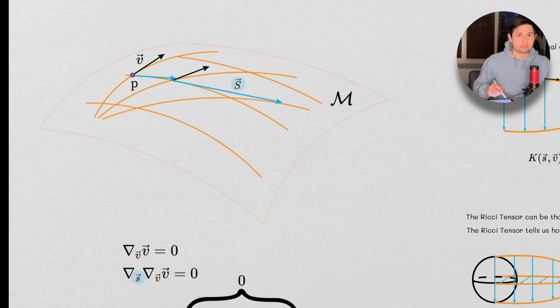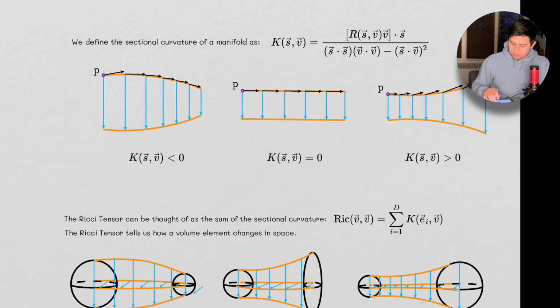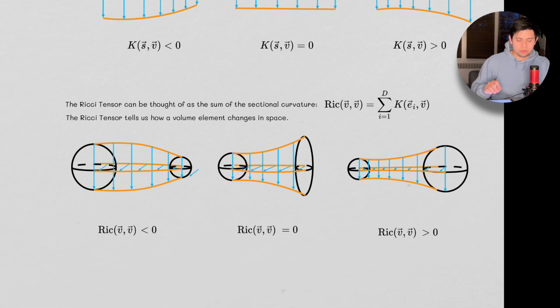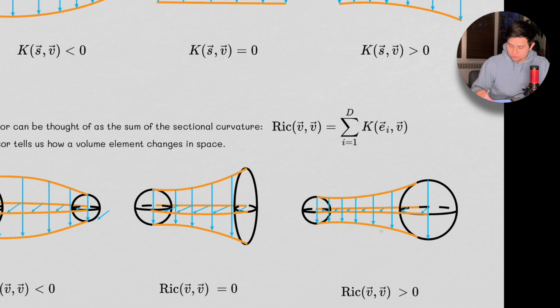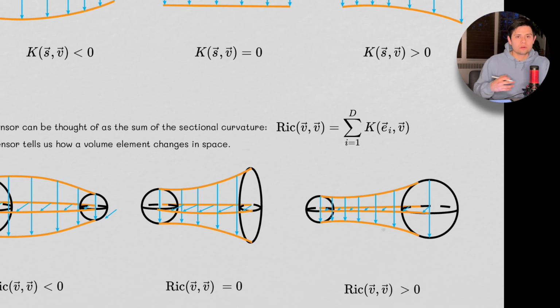In this case, it's only two-dimensional, right? But the Ricci tensor, again, we sort of thought of it as a volume. So we're going to say that this is the sum of all the sectional curvatures, with one of the input vectors being basis vectors. Okay, and that basis vector is what's going to contract with our